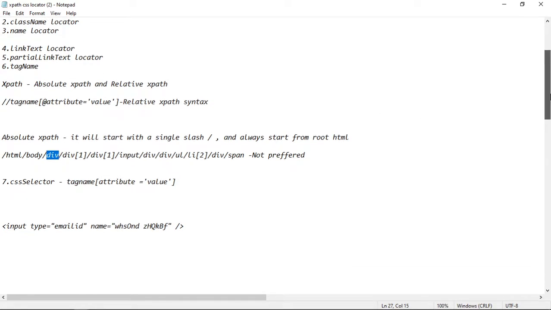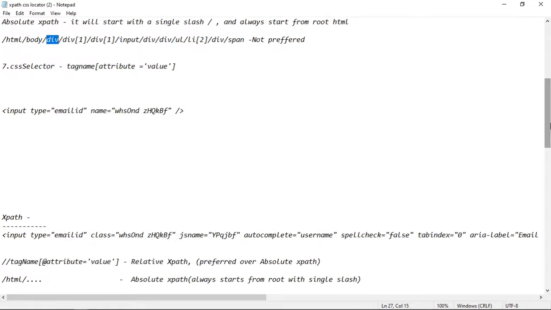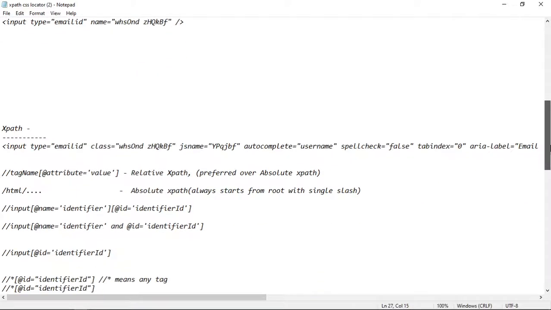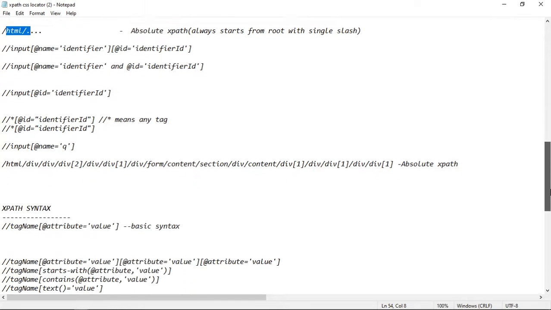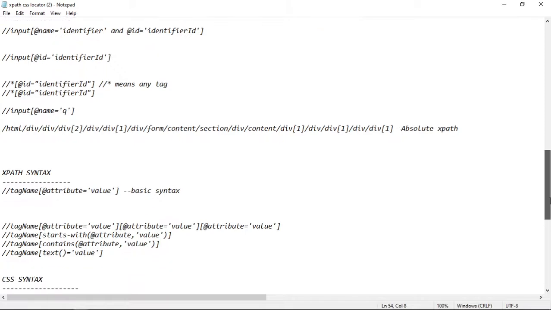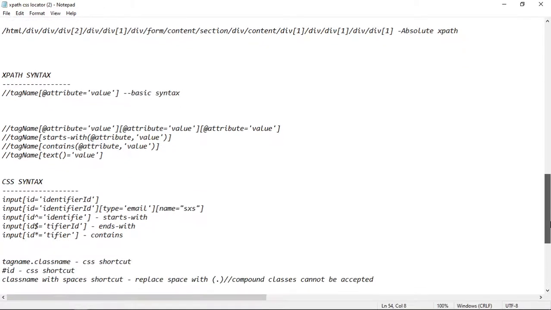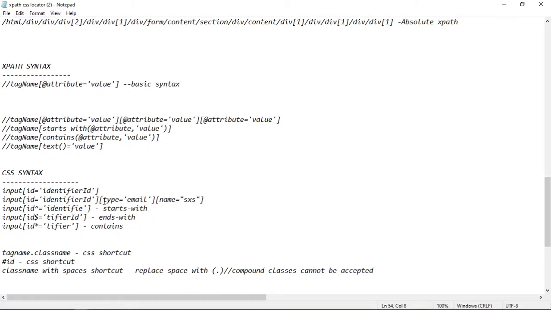We are not discussing CSS as of now. Double slash is relative, single slash is absolute XPath. So here we have to look at this. If I come down, XPath syntax, this one. If you see, there is one starts-with.